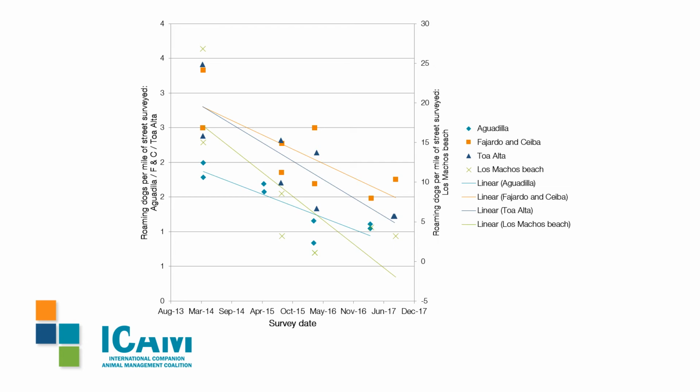The importance of running these replica surveys is that you want to have a look at whether the variation in the dog numbers from day to day is greater than or less than the variation in dog density over time. And this is when we talk about statistical significance, we're comparing the difference day to day with the difference over time and asking the question, is the change in dog density over time greater or less than the variation we would expect day to day? And in this case, they saw a significant reduction in roaming dogs per mile over time.